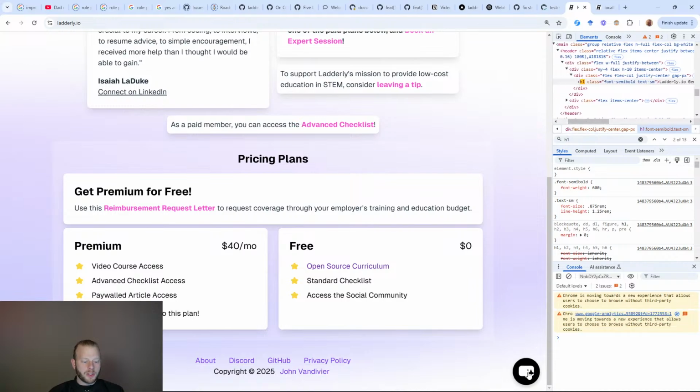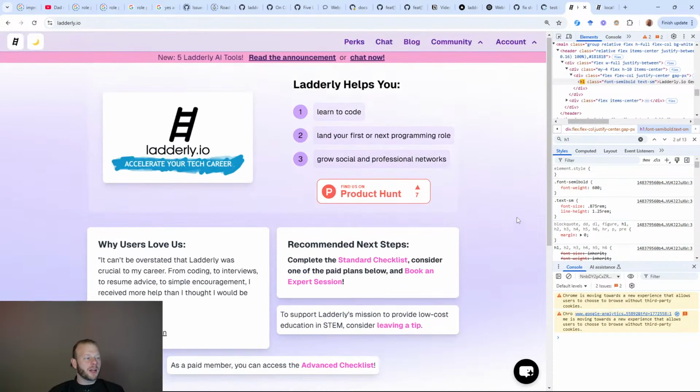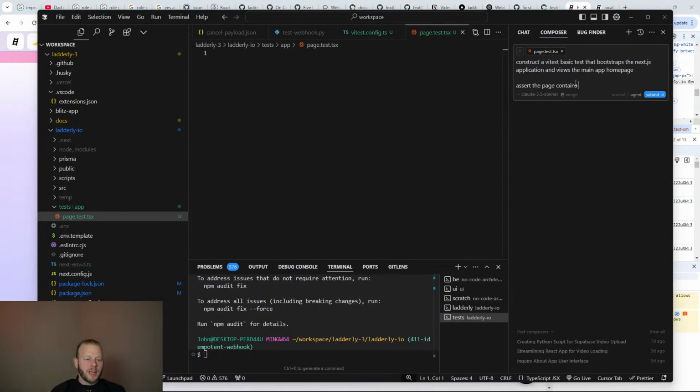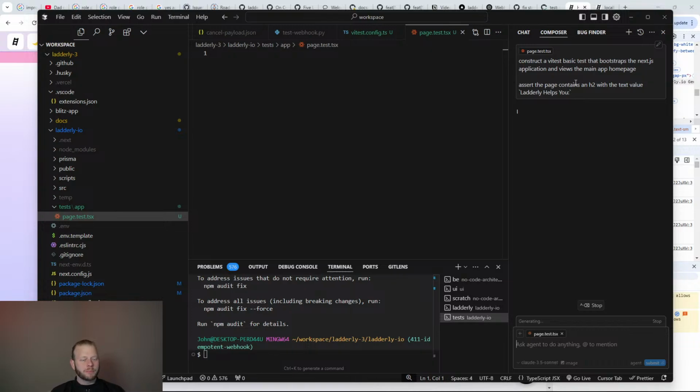Oh, the H1 is going to my AI tool. That's kind of goofy, eh? All right, I won't get distracted with that. We're fine to assert on the H2, I think. Assert the page contains an H2 with the text value Laterally helps you. Let's go for it.